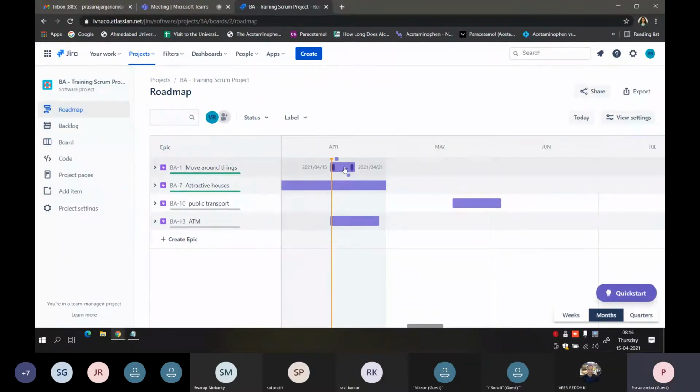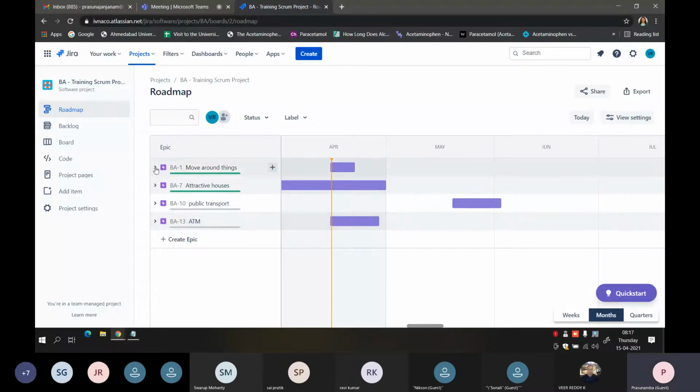So the roadmap gives you an overview of what epics we have in the pipeline, and what their timelines are. If you hover on this, you can see the timings shown, like when the epic starts and when it ends. So this is for the future. Looking at the roadmap, you will get an idea of when some epic is about to start, when something has already started and is in progress, and when it is ready to start. This one, if you see, would be started today.